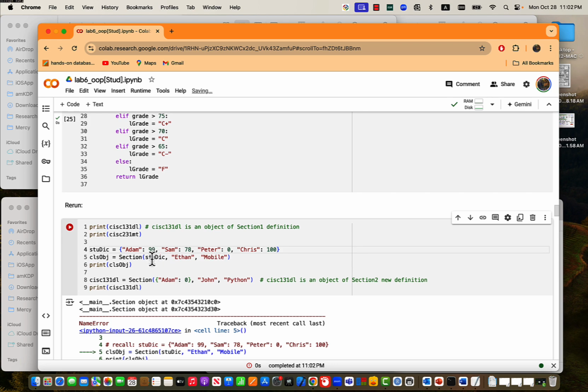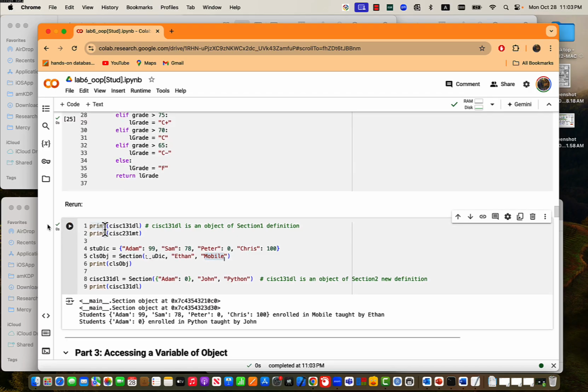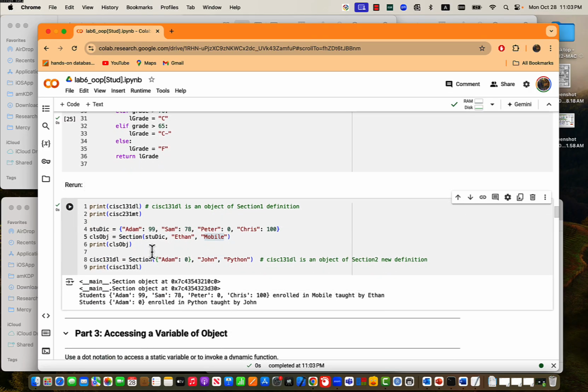dictionary, that is, let's assume those 4 students are used to construct an object of a specific section called CRS object. Instructor Ethan and title Mobile. We can print that. Then we can still have that. Therefore, see here. These two